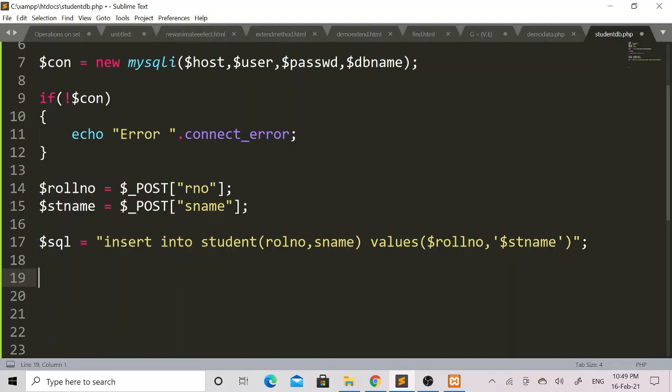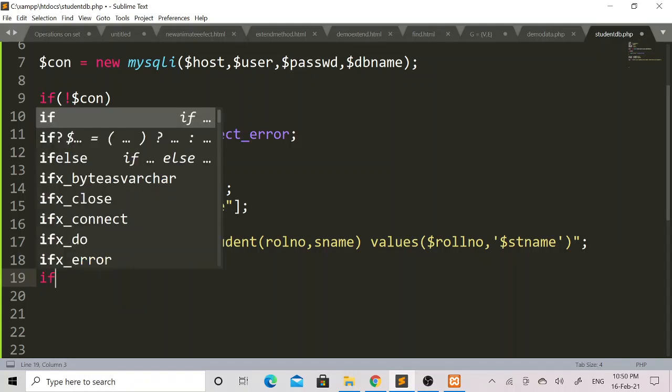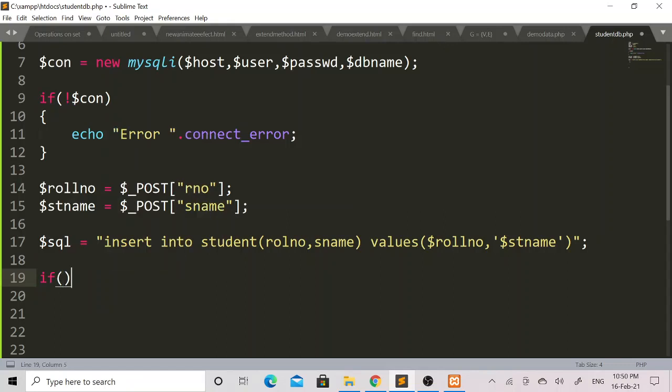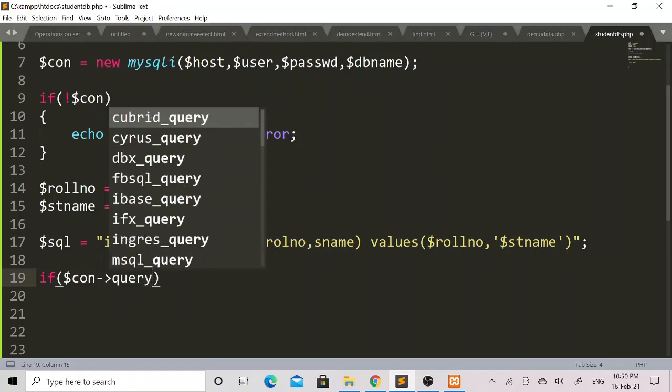So this is the complete SQL insert query. To see whether this query has executed successfully or not, I will add one if condition. $con arrow operator query.